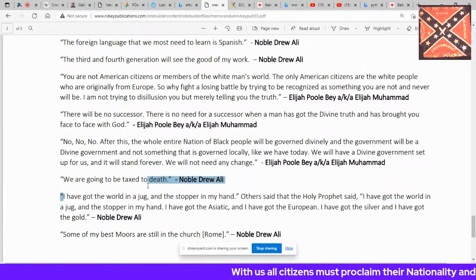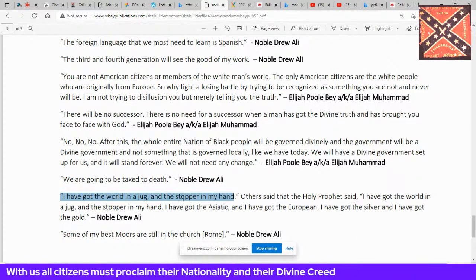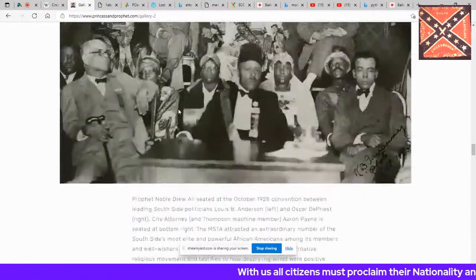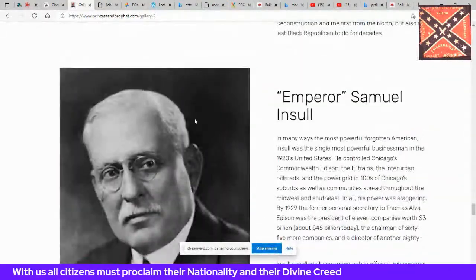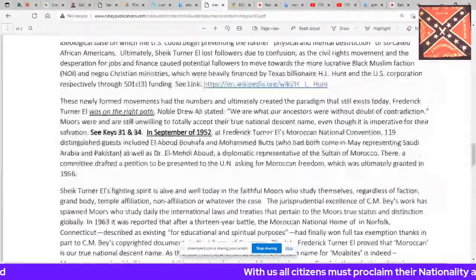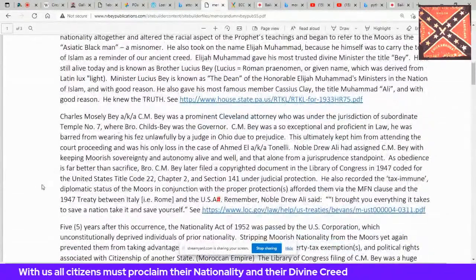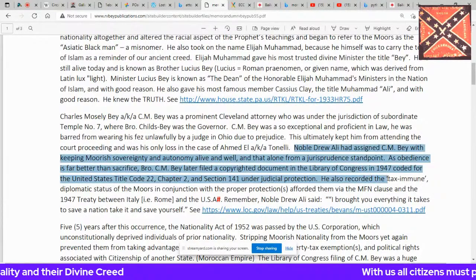So look, I have got the world in the jug and a stopper in my hand. Others said the prophet said, I've got the world in the jug and a stopper in my hand. I've got the Asiatic and I got the European. I got the silver and the gold. So that is explaining what we're looking at when we're looking at this, and all these people involved and how all of this goes in. So he's letting them know, I'm the prophet, I'm the Sultan of Morocco. This is the empire, and whatever I say goes. I can put power down, and I can really stop these people from doing this. What you need to do is come join me and claim your nationality. You see,